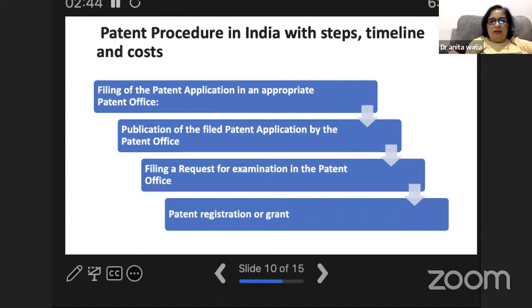So understand what type of patent you're applying for. I'll show you in another slide also, there are different kinds of patents you can apply for. You can apply for a provisional or temporary patent application, or you may apply for a permanent or complete patent application. A provisional application is for when you are still in the research and development stage.